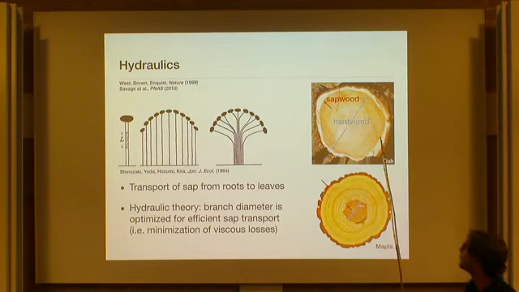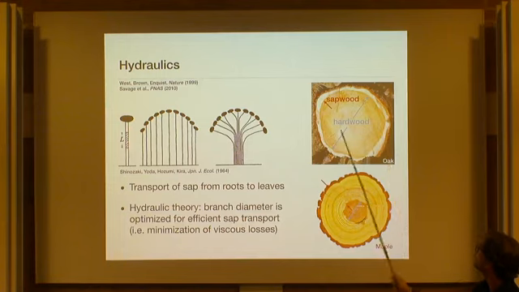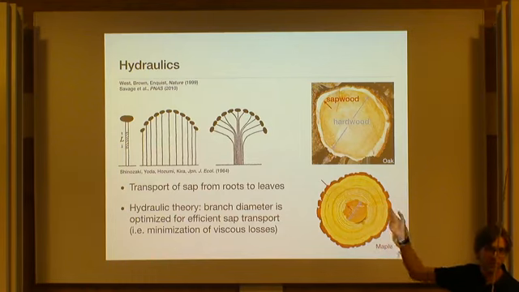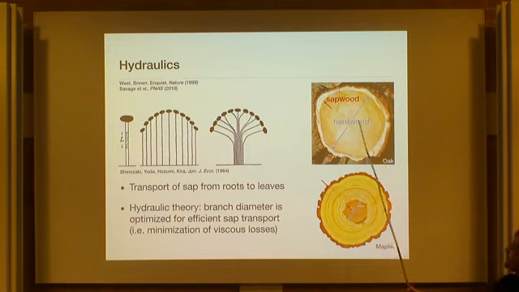So the explanation doesn't tell you what this part is for. And the portion that is devoted to transport can be very different depending on the species and depending on the climate. And oaks do that, and many species in our climates do that, because in winter